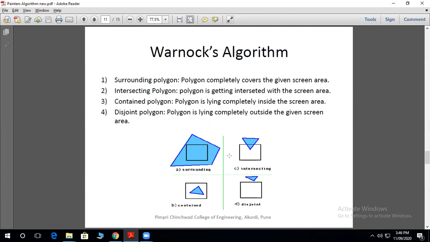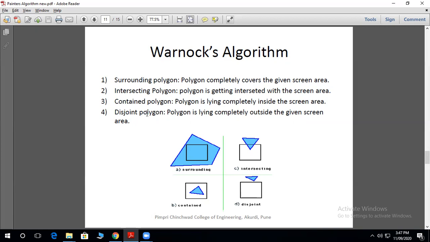Intersecting polygon: the polygon is intersected with the screen area, that is, the polygon is partially inside the screen area. Contained polygon: the polygon is lying completely inside the screen area.